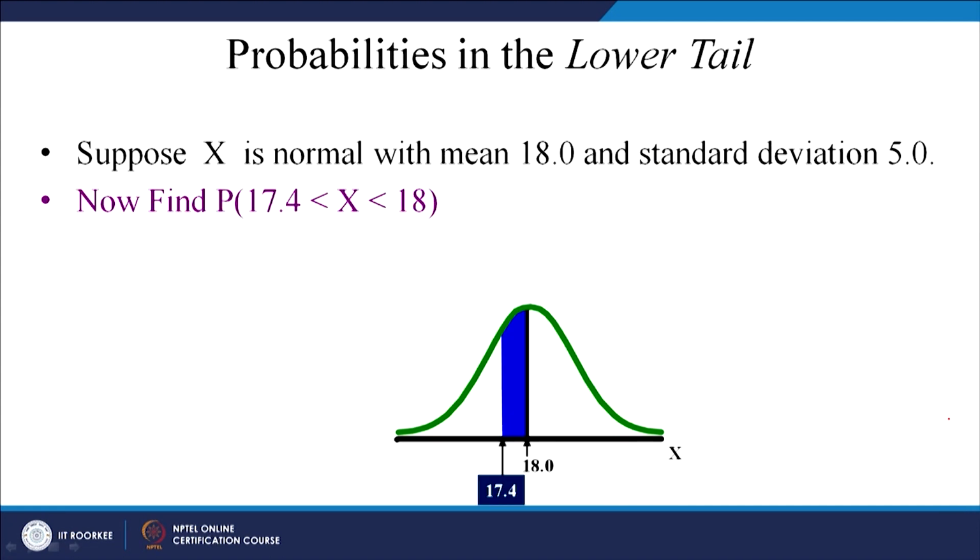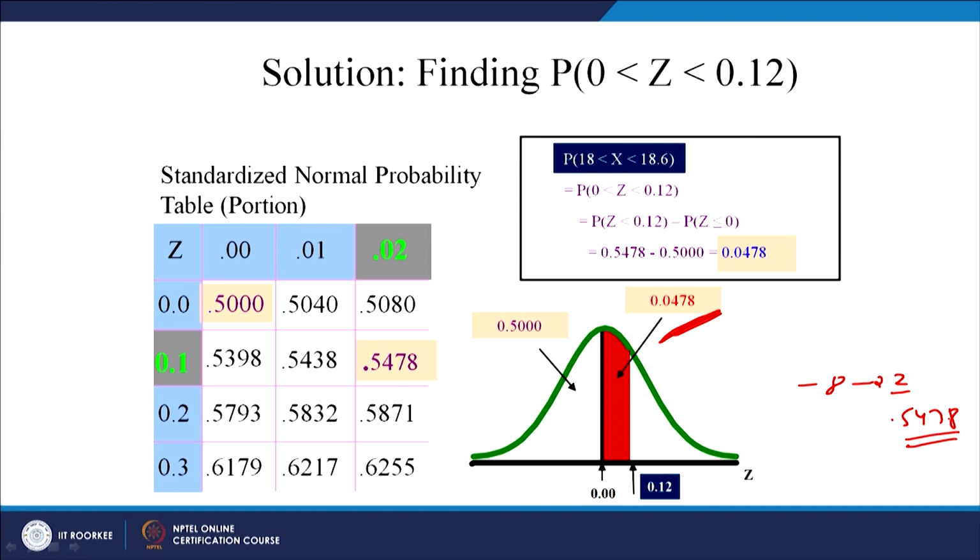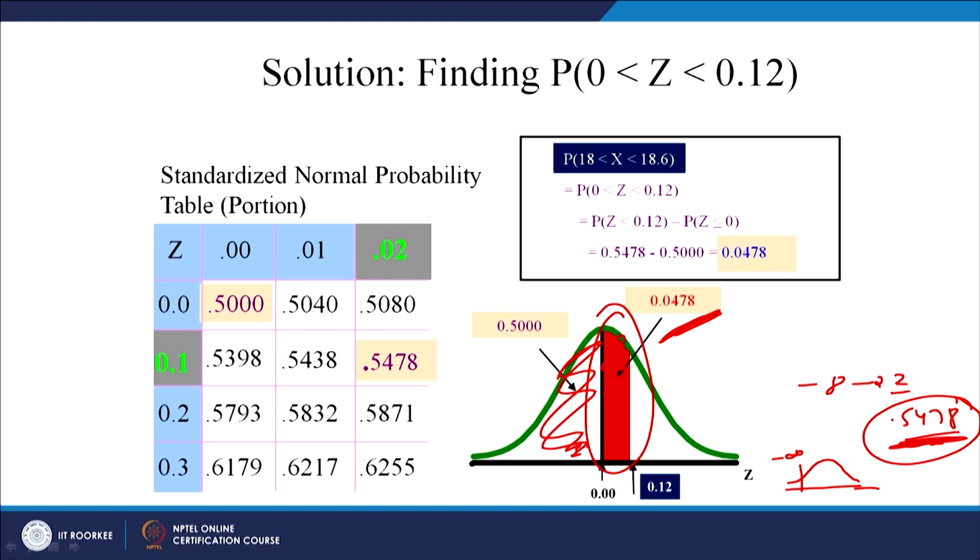Let us look at this. Okay, it is not there in the next slide. So, if you look at a table wherein you are given the z value from minus infinity to some z value, right, you will get the area under the curve 0.5478. Since you know this area and you know this area, subtract this area, then you will know this area, right. So, this is a very simple example.